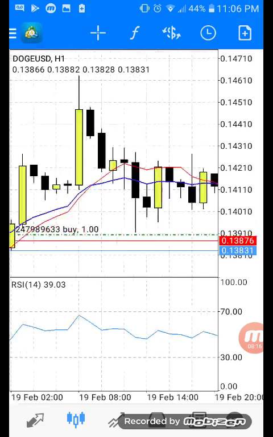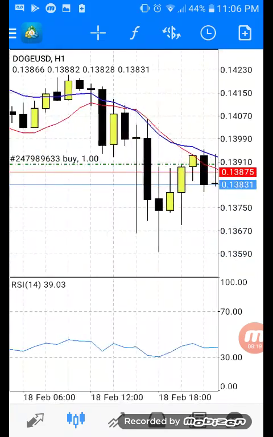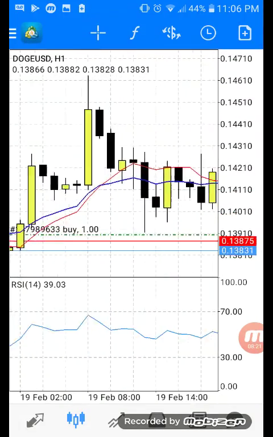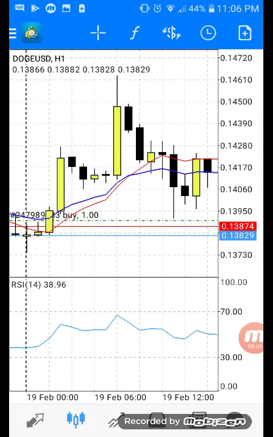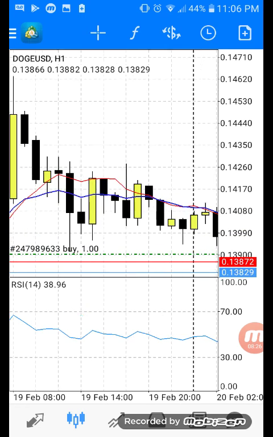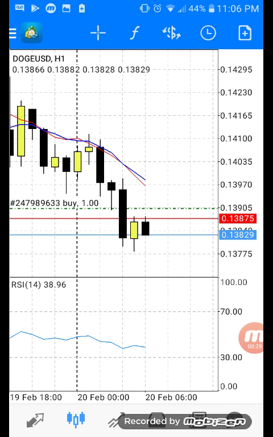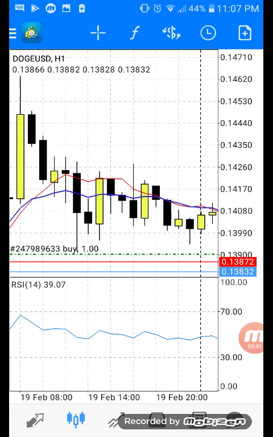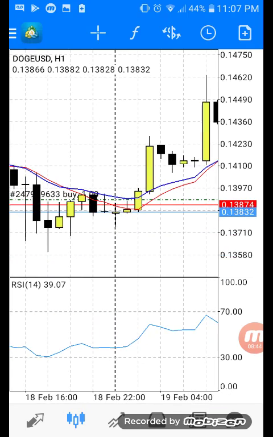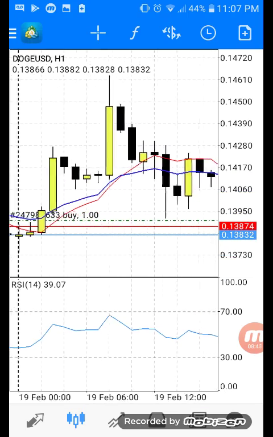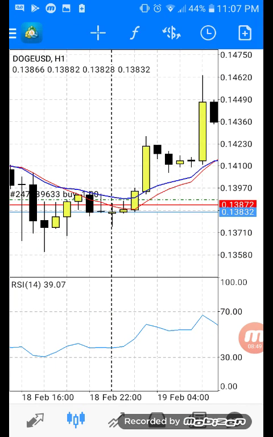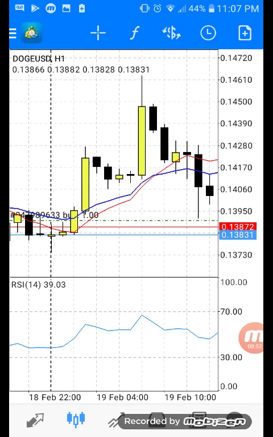Just like yesterday, I was looking at Dogecoin, and it went up. And you could have made some money right here. And it went back down. Finally it went back down, and we should see it going back up. As this is the hour chart, it's going to take an hour for it to go back up, but eventually it should go back up. It was in an uptrend, making higher highs and higher lows and higher highs,